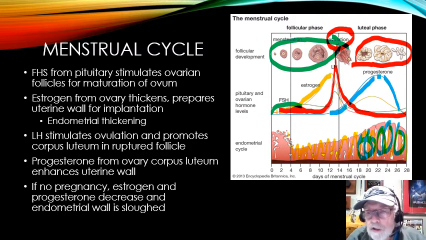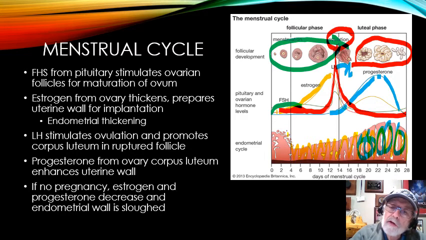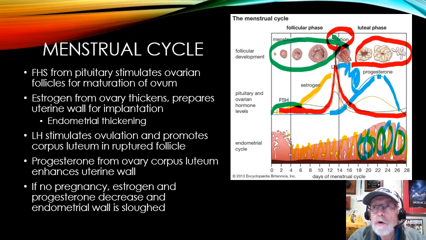If there's pregnancy, what happens is that fertilized ovum, somewhere in this period, a couple of days after ovulation when fertilization would occur, sticks to the wall of the uterus. When it sticks to the wall of the uterus, it makes that chorion like I talked about before. That chorion feeds back to the brain and says, hey, we're pregnant. Don't do anything else. We don't need more FSH. Why? Because we can't have a pregnancy on top of a pregnancy. You can't deliver one month and say, oh, the other one will be born next month. It doesn't happen that way. So it feeds back to the pituitary and says no more FSH simply because we're pregnant, and then the pregnancy will continue from there.